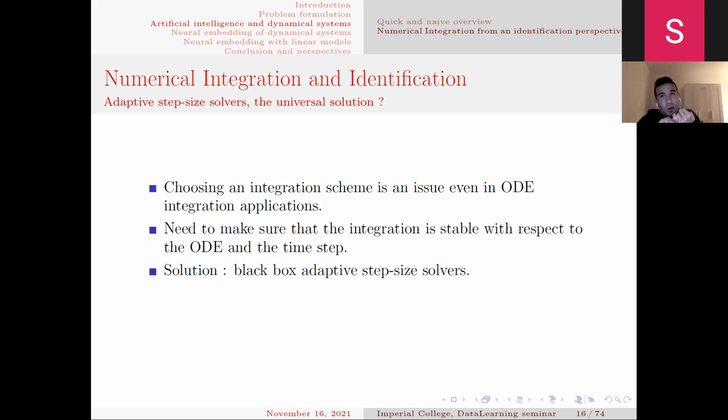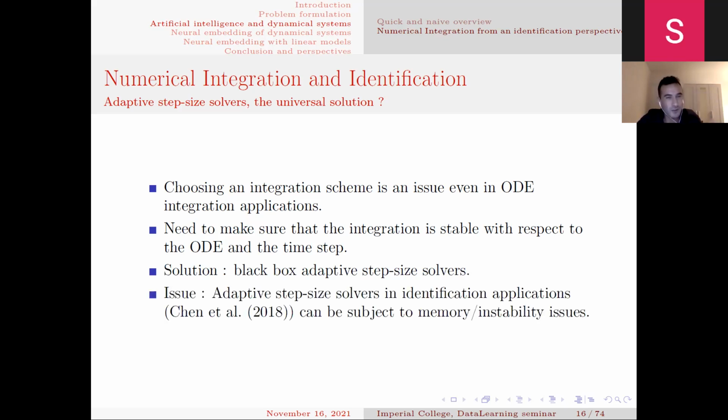We do not even know the integration technique that is used by the solver, because the integration routine actually switches between different solvers in order to achieve a trade-off between the precision and the computational complexity of the solution. And actually some solvers do have automatic switching between stiff and non-stiff solvers. All this to tell you that in practice, time integration solvers are black boxes. And from an identification point of view, we do not really know which integration technique to use.